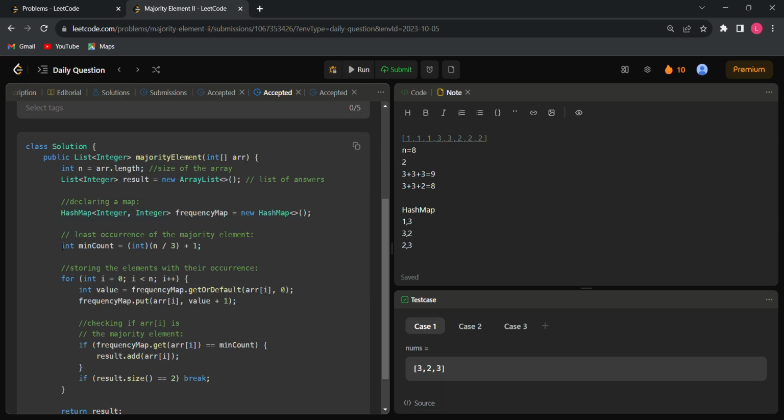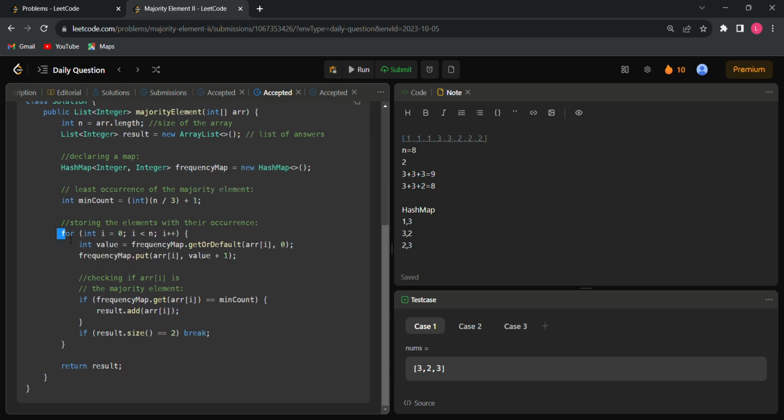We are taking the minimum count as the floor of n by 3 plus 1, and we are traversing the entire array. We are updating the frequency of each element, and if the frequency equals the minimum count, we add it to the result. If the result size equals 2, we break. So how will the elements be added? Like for this example, in the hash map,